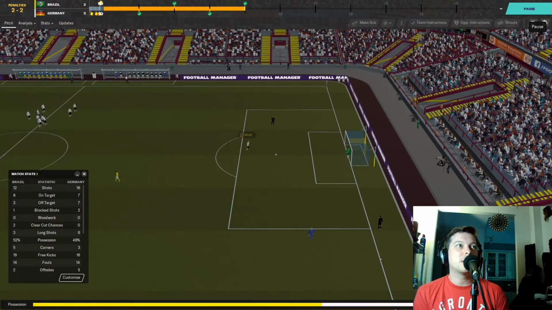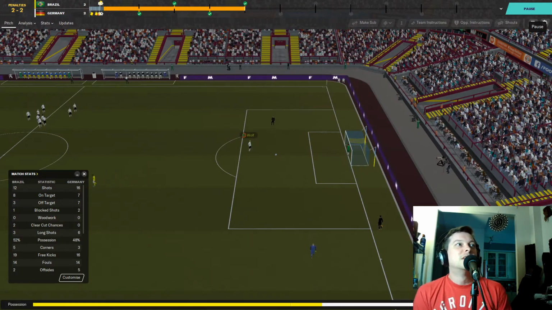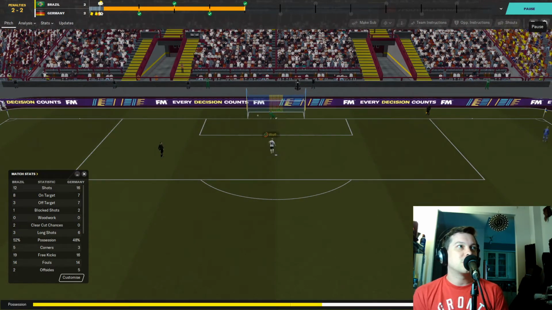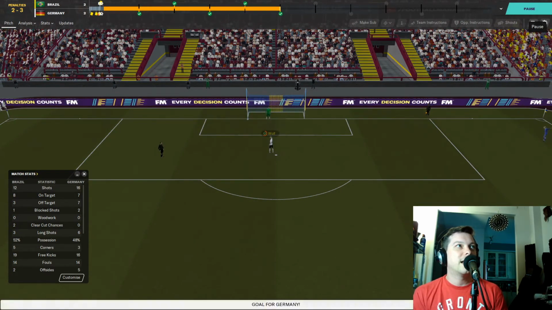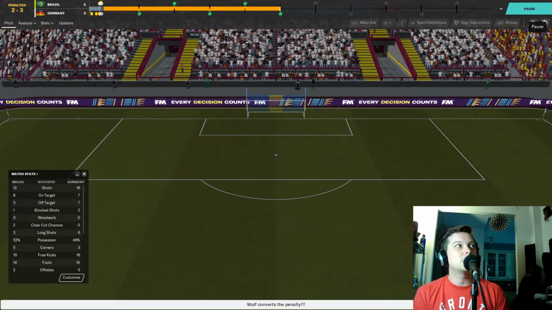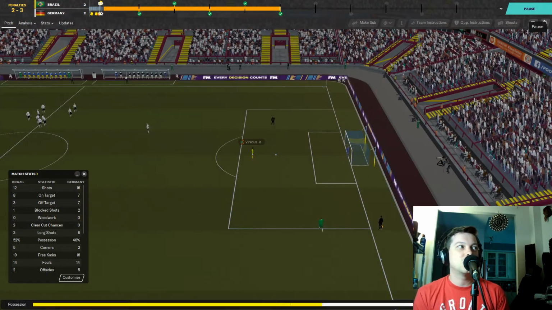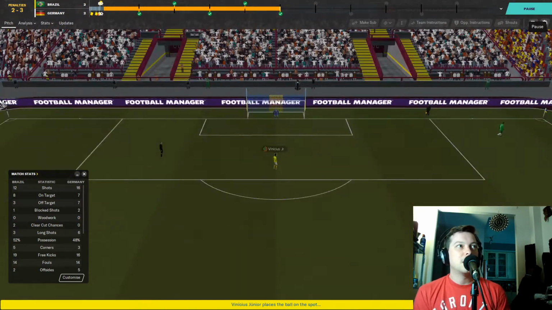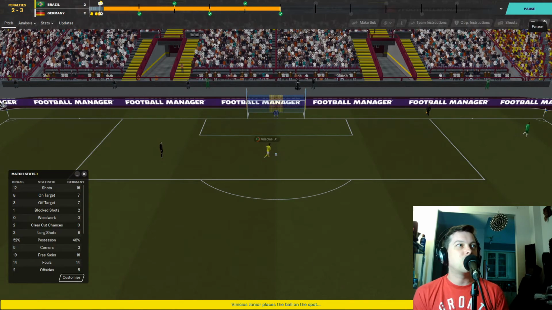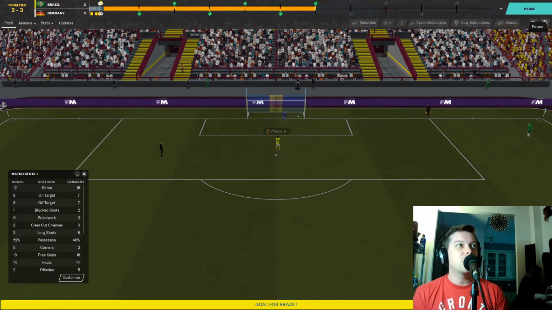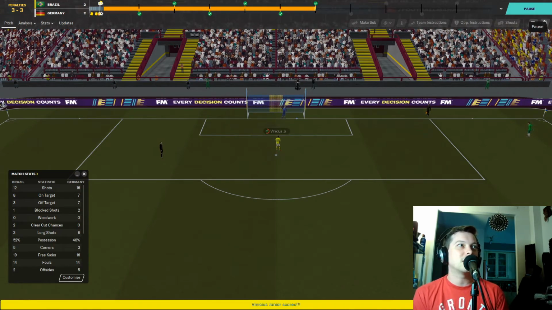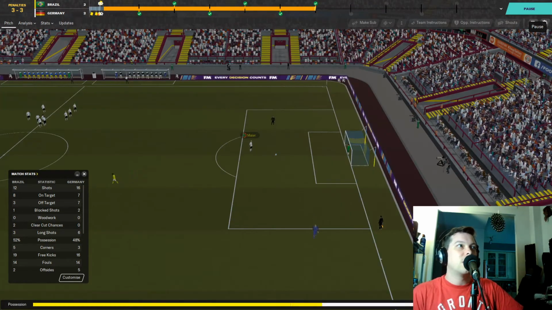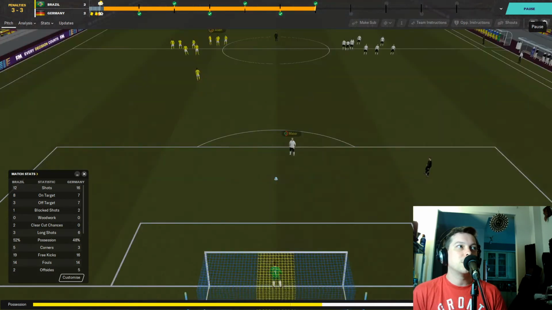Marius Wolf now, the man of the match, in my opinion. Marius Wolf stepping up for the Germans. Can Alisson make a save for the Brazilians? Oh, he puts it in the other corner, and it's 3-2 for Germany. Nobody's missed yet. Vinicius Jr. stepping up, the young Brazilian in his first World Cup. Vinicius Jr. Can he score? He does. Bottom corner on the right-hand side. Another one of those. I think that's 3 of those now in the shootout. And it is 3-3. Arne Meyer stepping up for the Germans.